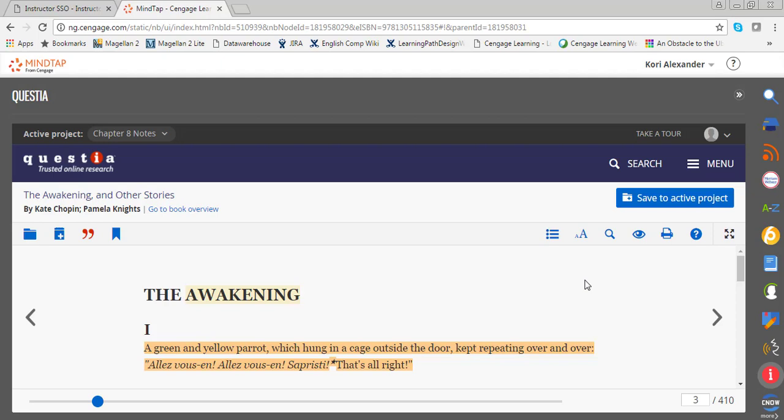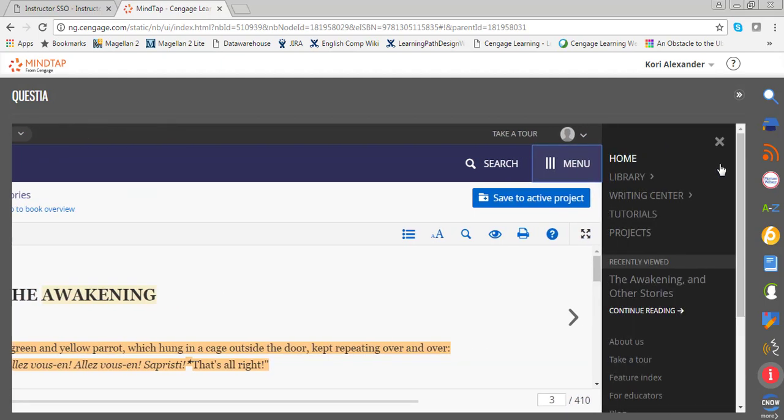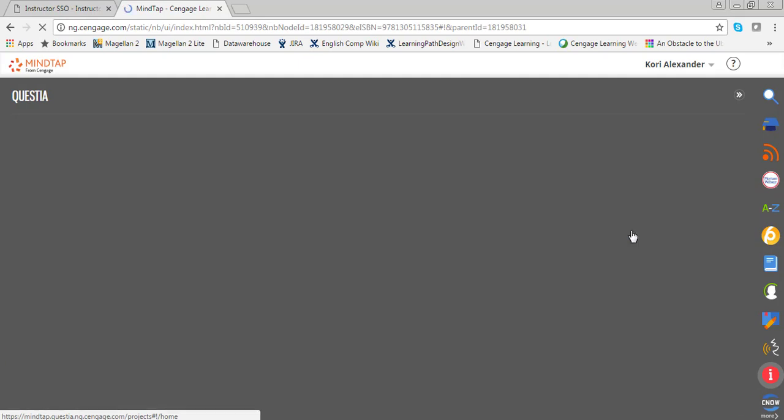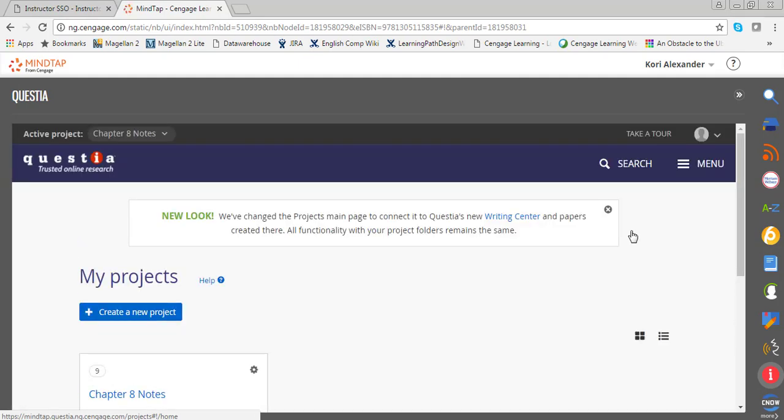Now that we've taken all of these notes and made highlights and annotations, you're probably wondering, where is all of this information going? We'll take a quick look at the space where all of these student annotations are actually being saved. So if you go up to Menu and open the menu, the fifth item down is Projects. And if we open that project space,